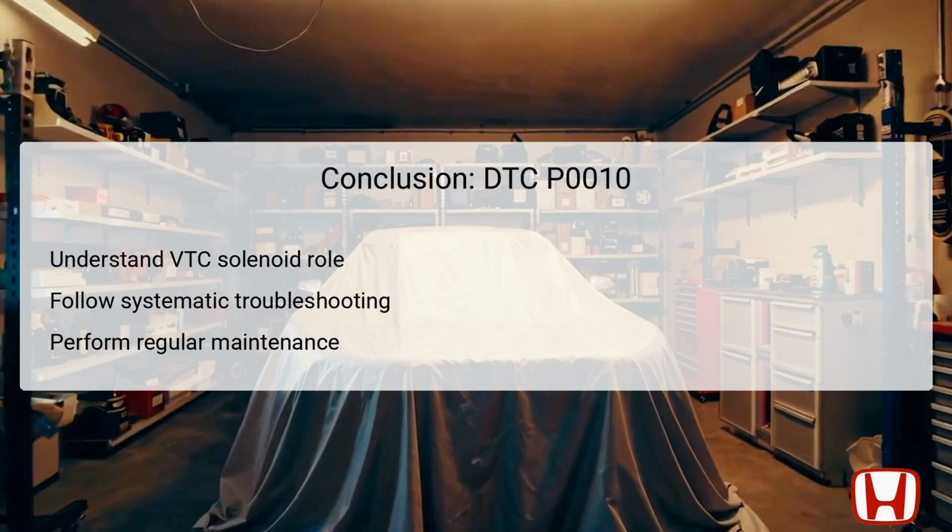In conclusion, DTC P0010 signifies a malfunction in the variable valve timing control oil control solenoid valve A, which plays a critical role in engine performance optimization. Addressing this DTC involves systematic troubleshooting to identify whether the issue lies within the solenoid, the associated circuits, or the